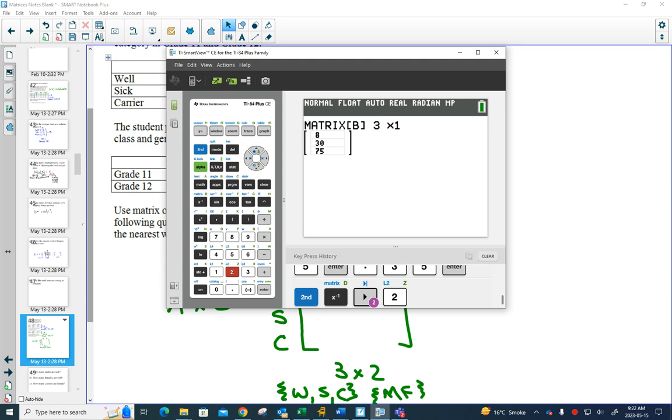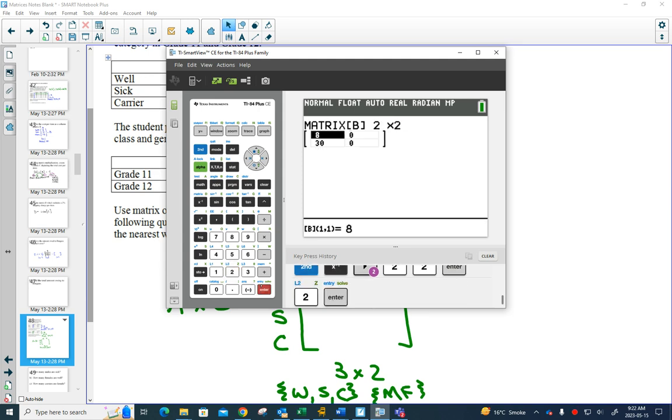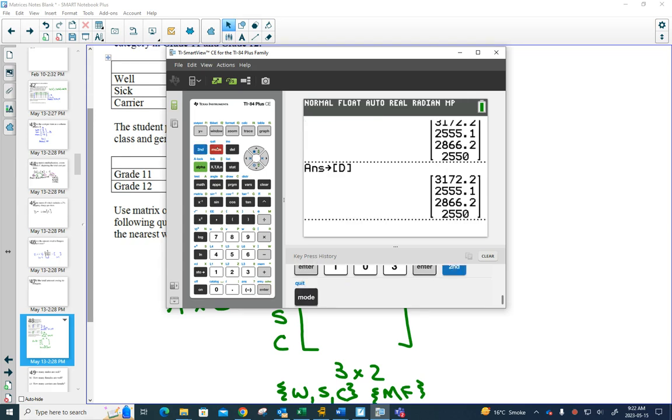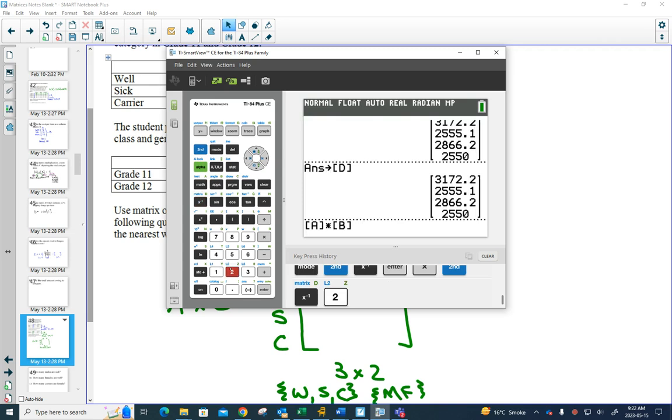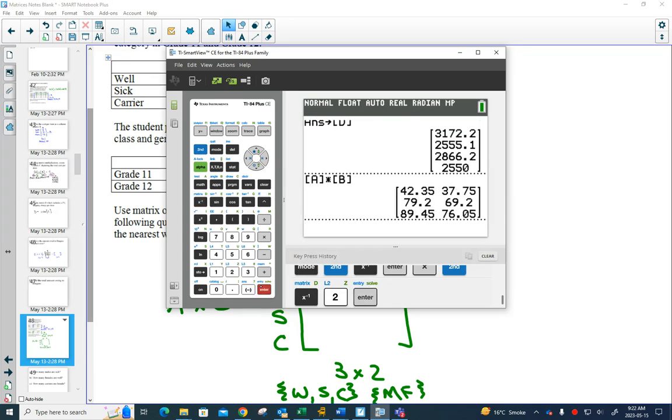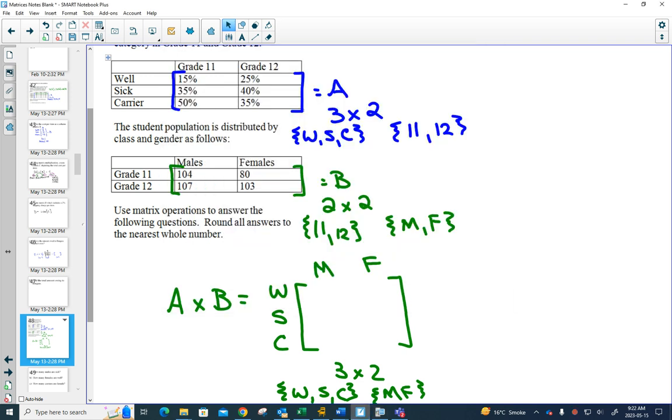And matrix B, which is now a 2 by 2: maybe 107 and 103. And if I do matrix A times matrix B, 42.35, 37.75, 79.2,